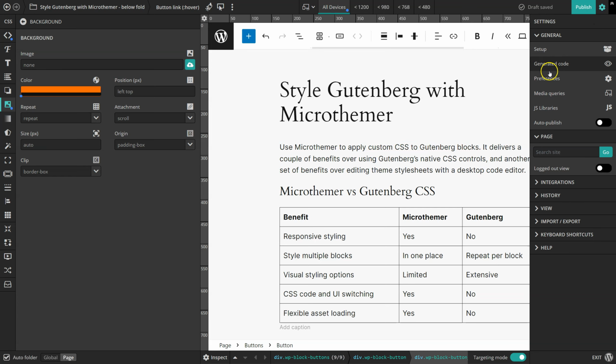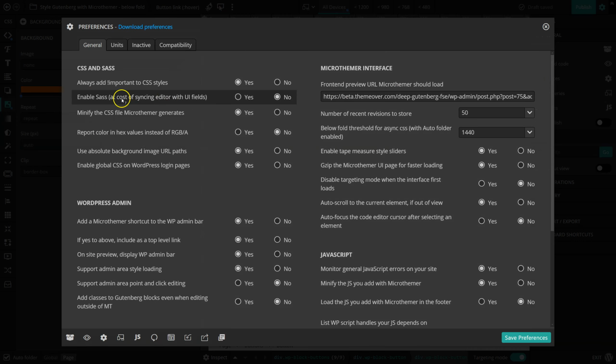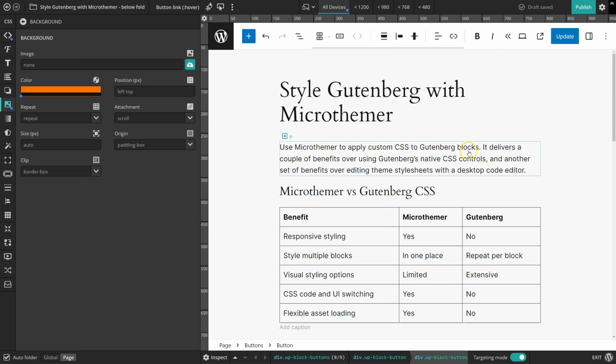Microthemer supports this, although it's not enabled by default, so you need to go to your preferences and enable this option here. And that happens very, very quickly. I've written an article on CSS-Tricks, which explains the specific Sass compilation optimization that Microthemer uses, where it basically compiles only very small amounts of Sass code in one go, so the style changes can appear on